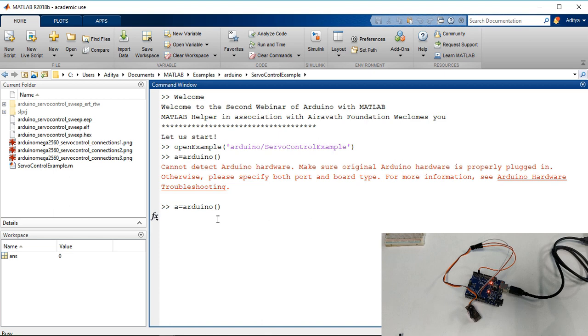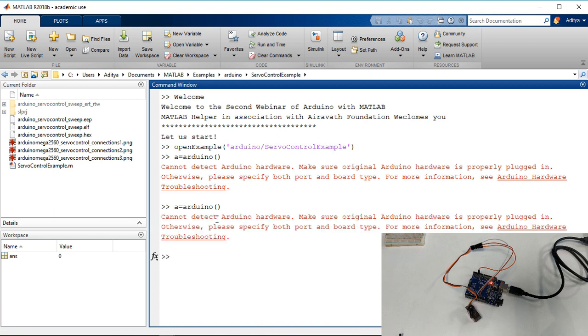And even if it does not read it now, then we'll have to go with the original method, which is the device manager method. So as I know that the Arduino is connected at COM2, and that's an Arduino Uno, I'll just specify Arduino Uno and COM port 2. And now let's see if it can detect the Arduino. I've already covered this troubleshooting part in our webinar 1, and I'm hopeful that you guys are